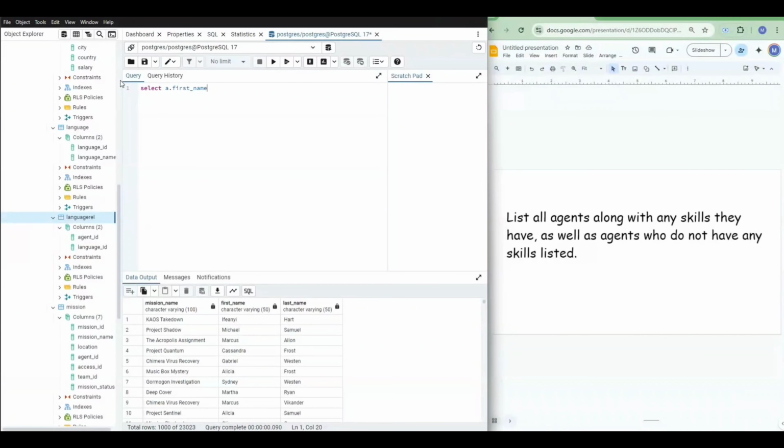A dot first name, this is A2. A dot last name from the agent table, that's spy dot agents